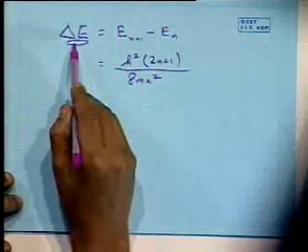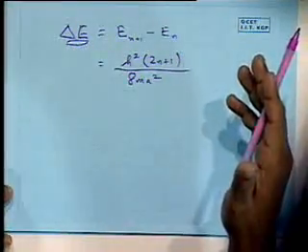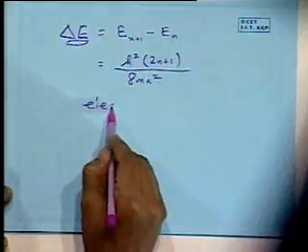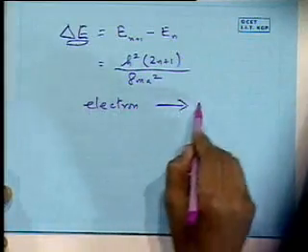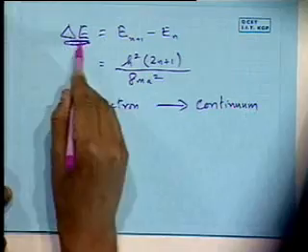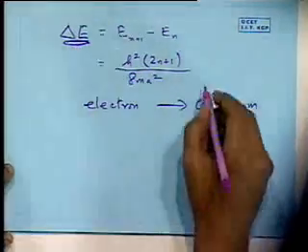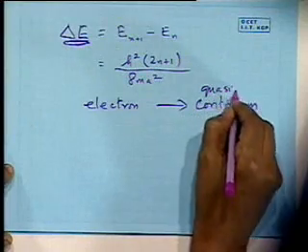It is only as we make it into smaller structures that the separation becomes significant. Whereas with large objects, the electron can behave as if in a continuum, because the separation between these levels becomes so small that it is almost like a continuum, or better still, a quasi-continuum,